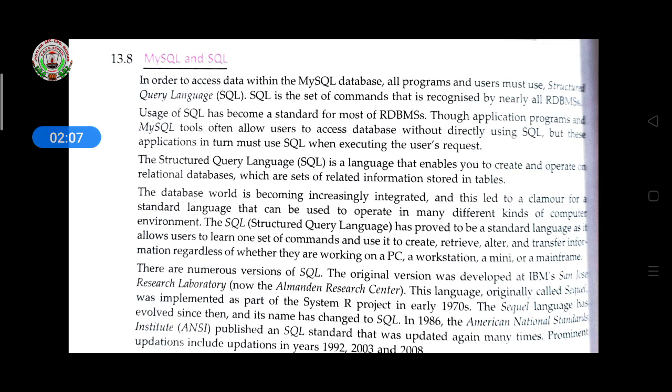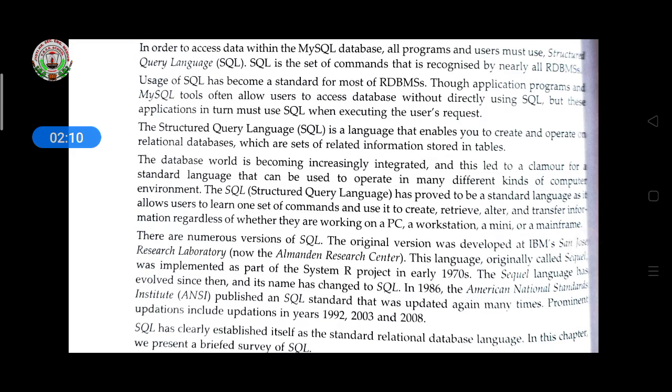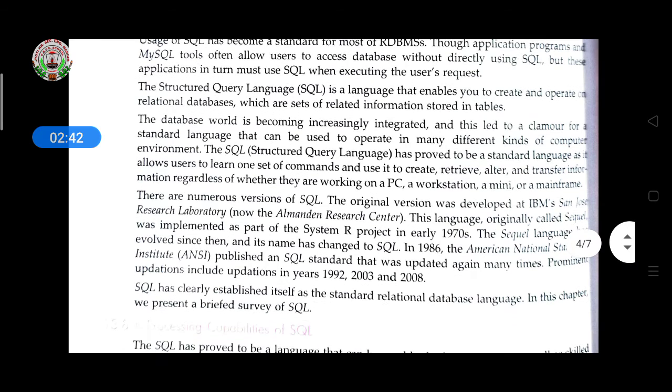Usage of SQL has become a standard for most RDBMS, though application programs and MySQL tools often allow users to access data without directly using SQL. But this application in turn must use SQL when executing the user's request. It means MySQL tools allow users to access the data from the database by using the commands of SQL.